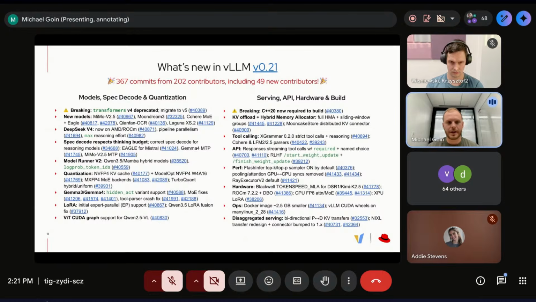And yeah, we've been improving spec decoding compatibility with reasoning models, making it work better with reasoning parsers, and thinking budgets and things like that, and generally improving the amount of MTP modules we support natively as speculators that ship with models on release, like Gemma 4. Yeah, ongoing development on Model Runner v2. It's still only enabled by default for a very small number of models, but stay tuned as we start using it more and more.